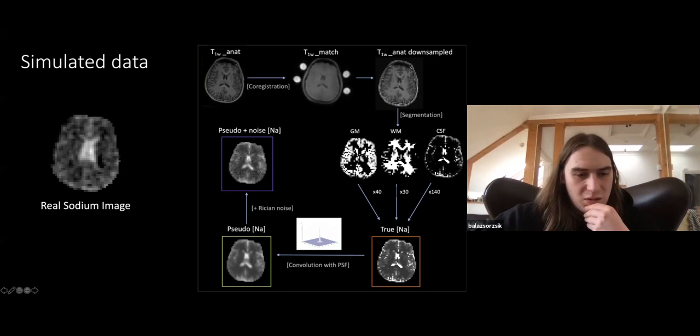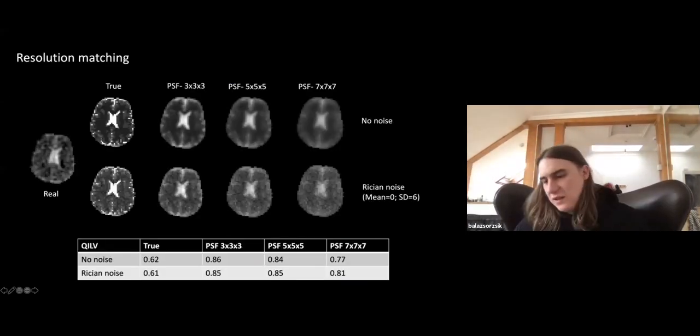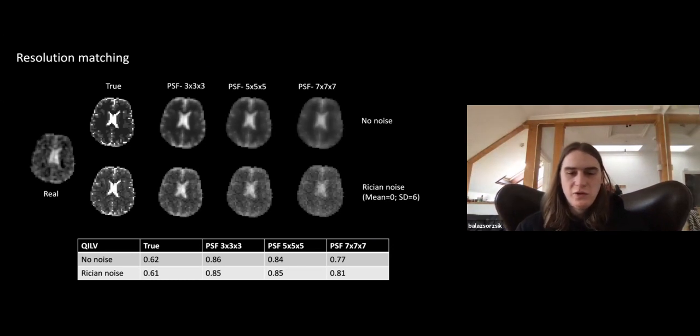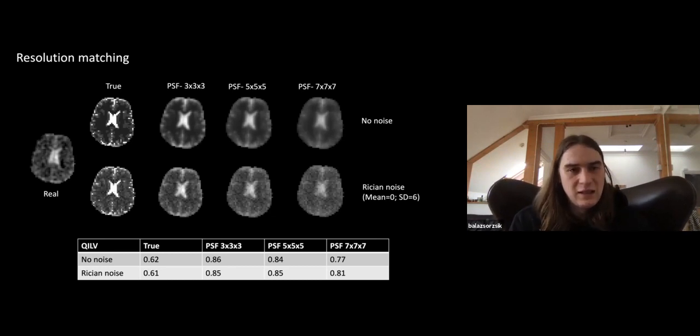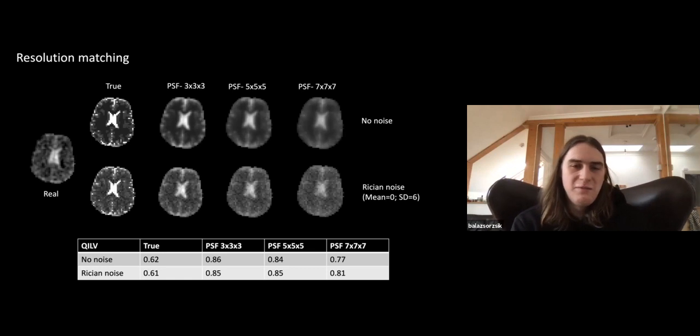So the next thing that we wanted to decide on is how much convolution we need to have comparable simulated and real data. So here I used QLIV, which is quality index based on local variation. And basically what this